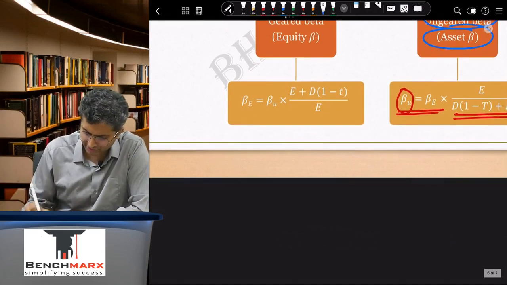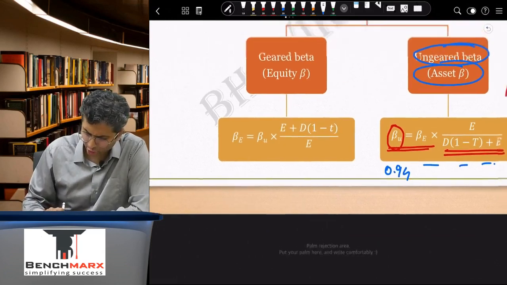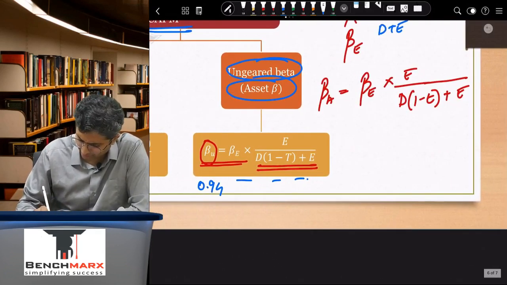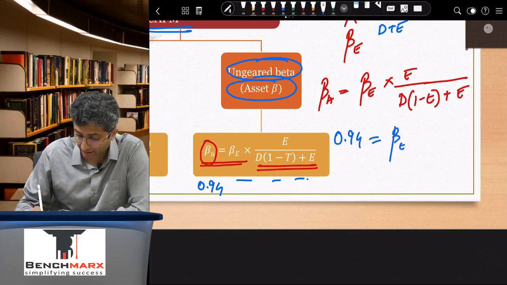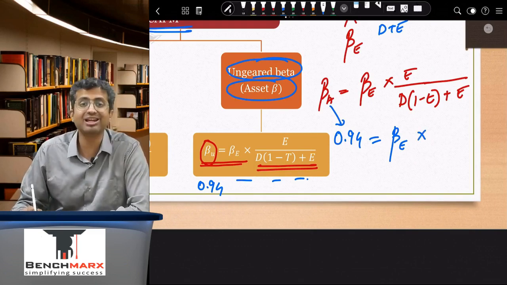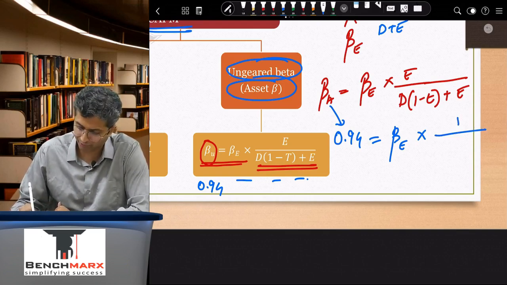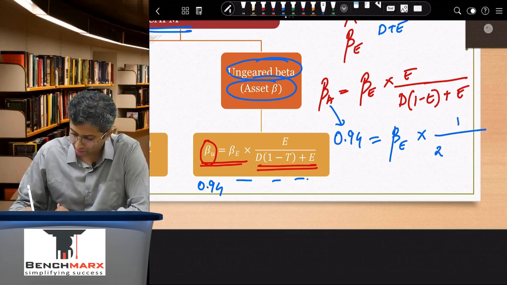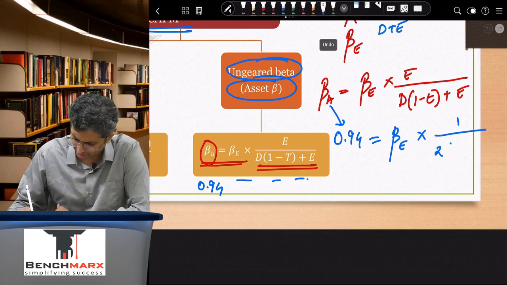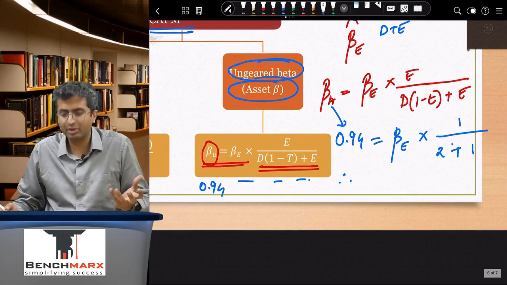So in this case, let us say the asset beta, ultimately after doing all of these workings, comes to 0.94. We would say, okay, our equity beta, we will use the same formula. We will say that for Parle, also the asset beta should be 0.94. हमें पता नहीं equity beta कितना होगा. We will take the debt to equity of Parle, for example, which is debt to equity 2:1. So we will say, okay, 1 upon 2 is the debt. Let's say tax rate नहीं दिया है, plus 1,